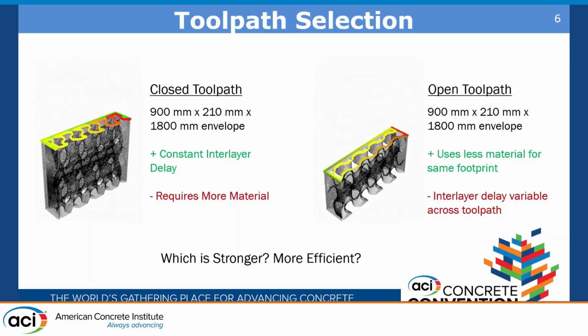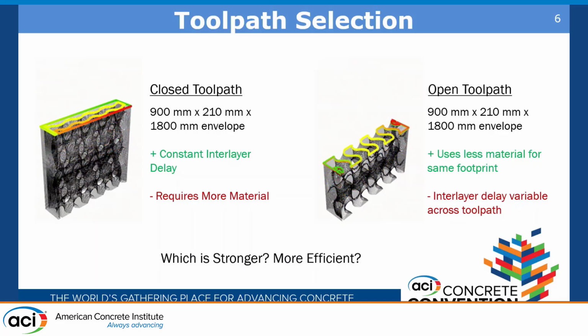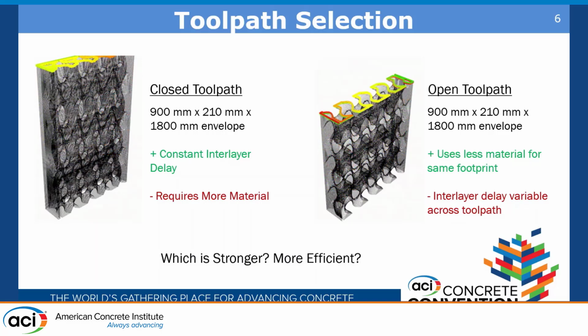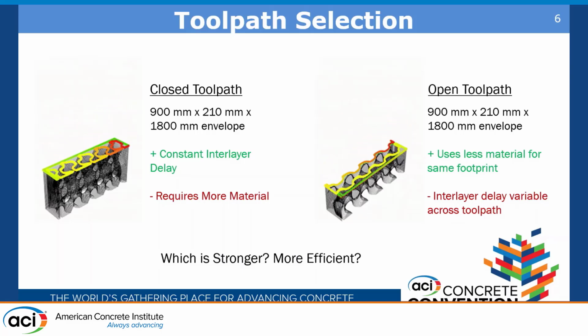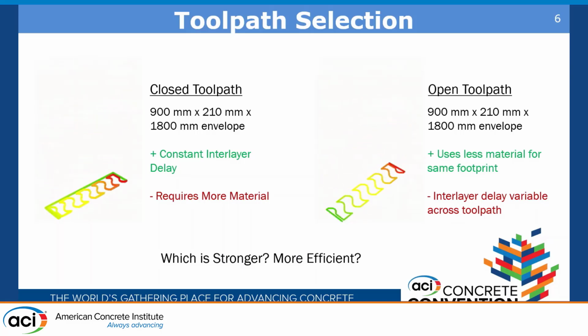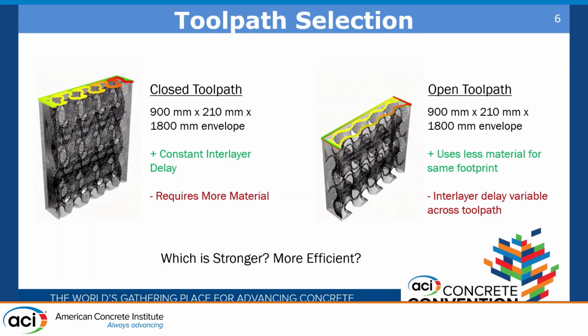This does, however, require more material, as we then need this back wall section to connect what would be the end point to the start point otherwise. An open toolpath, however, does not have this requirement, as the start and end can be at different points along the layer. This obviously uses less material, as it's no longer necessary to connect the two, and they're able to be on disparate corners. However, this does lead to a variable interlayer delay across the toolpath, as you can see